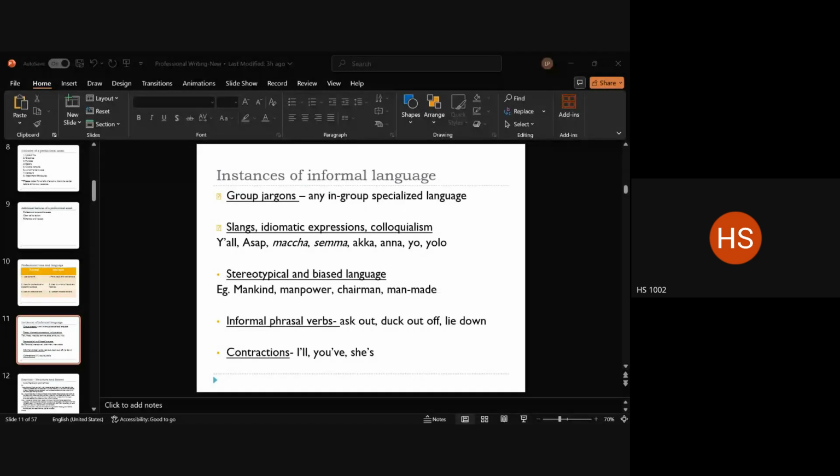Then you have informal phrasal verbs. Informal phrasal verbs, of course, there are formal phrasal verbs as well. But phrasal verbs by nature are considered a little informal because they are more commonly used in speech, in conversational language, right? In written language, as much as possible, try to stay away from the phrasal verb constructions. Try to use more active and, you know,